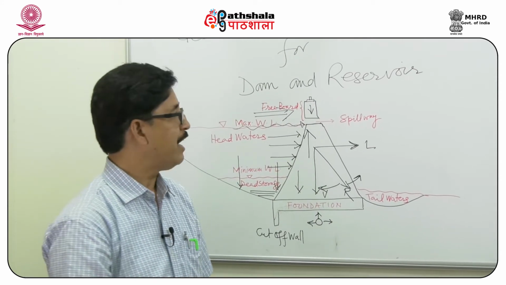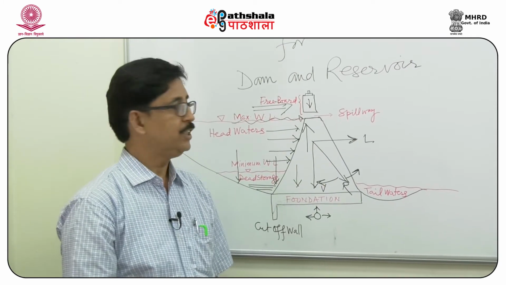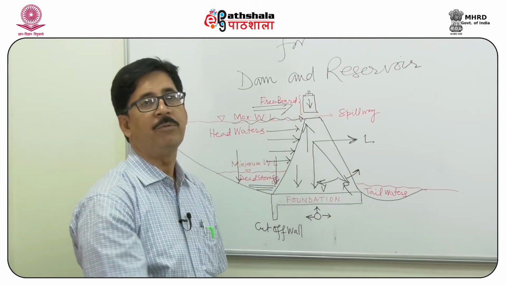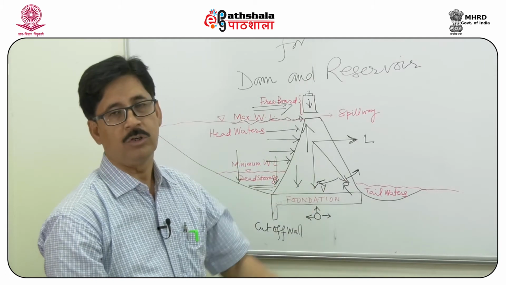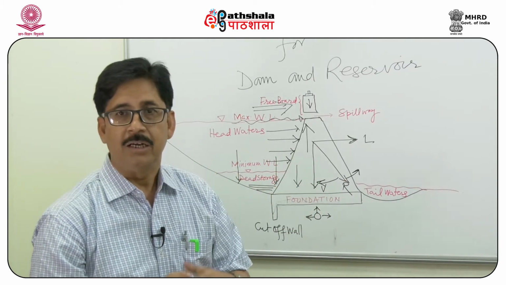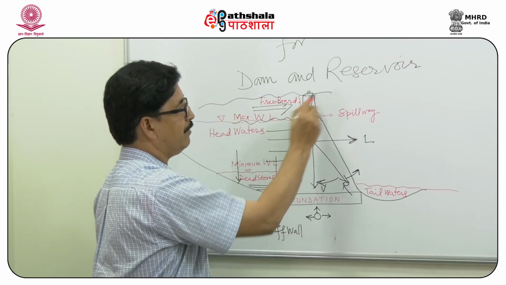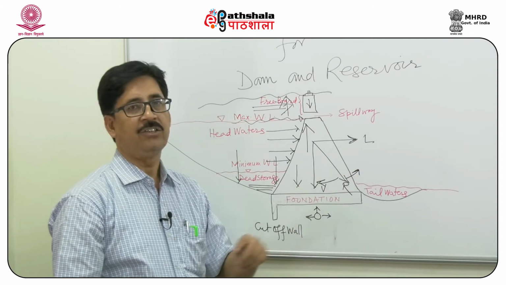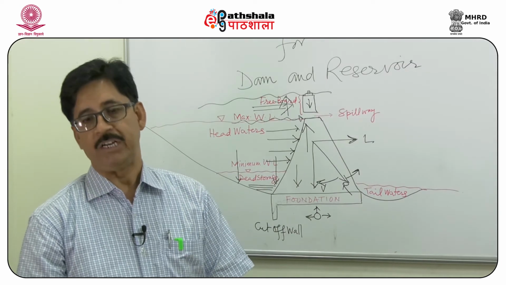Most of the dams have failed when this lateral force has become very large, either due to a smaller or lesser number of spillways, so the water has not been able to go out of the reservoir through the required space. This results in overtopping of the reservoir, which increases the buoyancy force as well as the lateral force. This results in the toppling of the dam, and the dam fails.